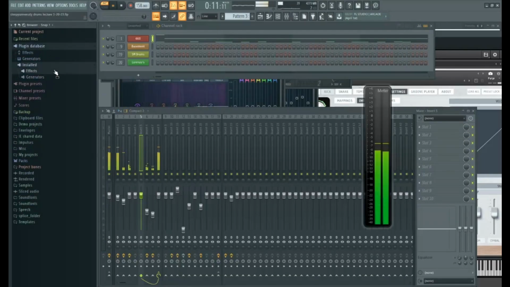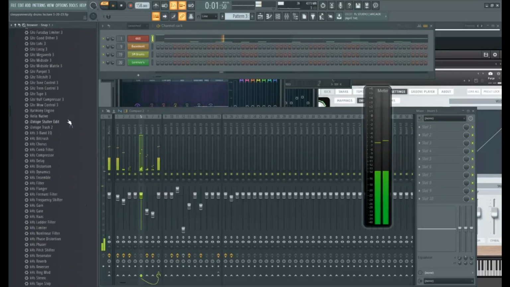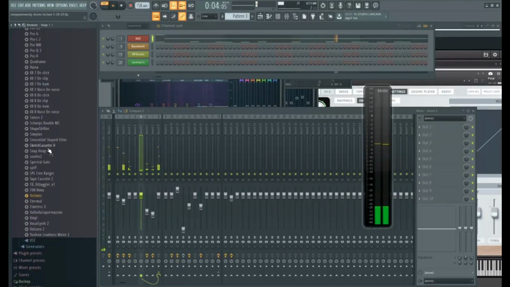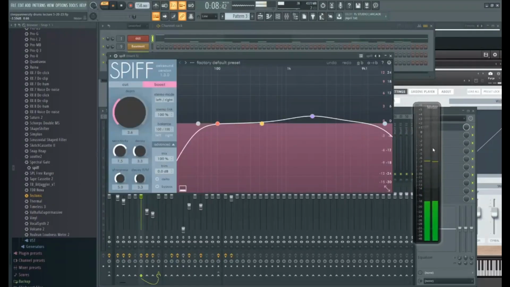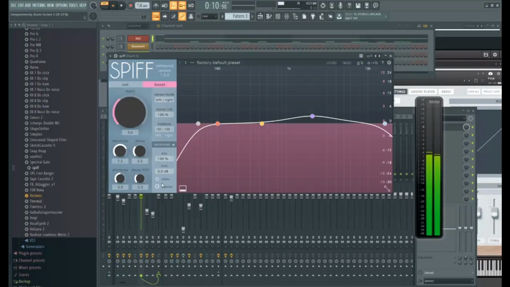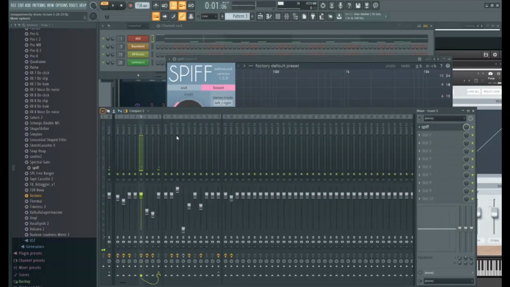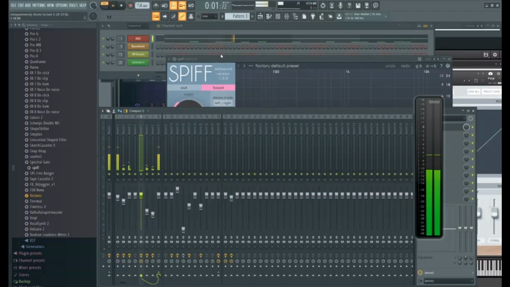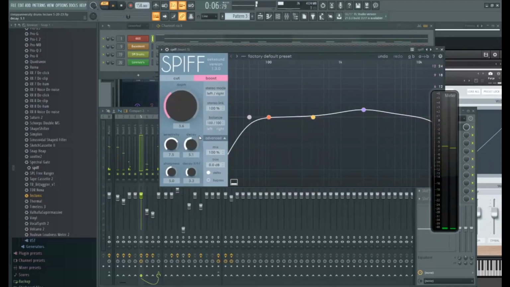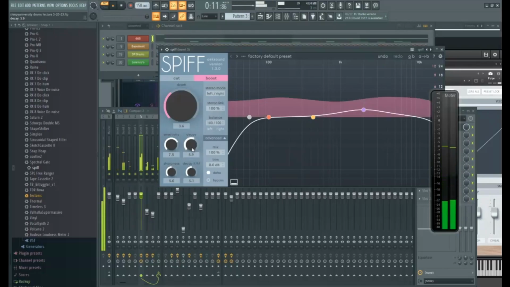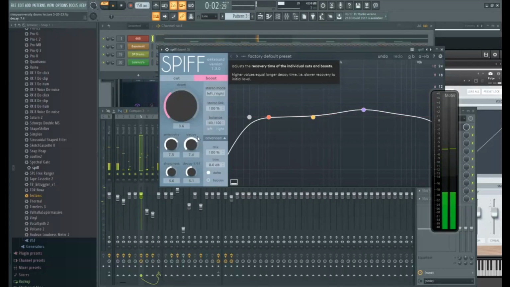What I do personally is a little weird. There's this other plugin called Spiff. It's made by the same people that make Soothe. It's used for transient processing. Okay, I need to turn on the automatic delay compensation. But I'll turn it on delta, so it only gives me the transients that it's producing, and then I'll bring the K up. And so you see that kind of makes them tighter. And then